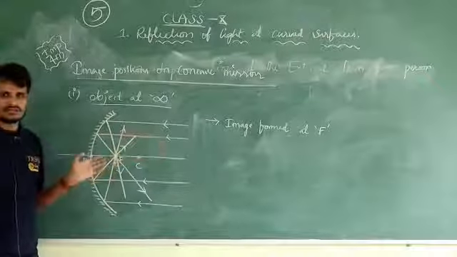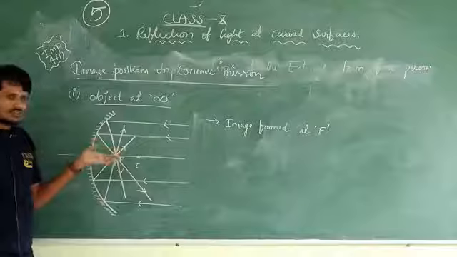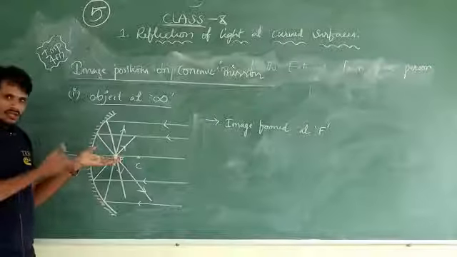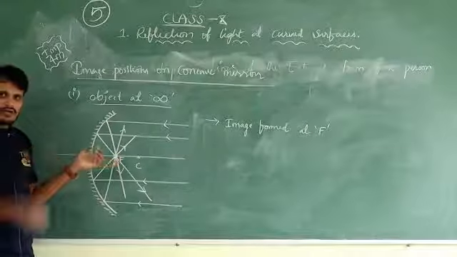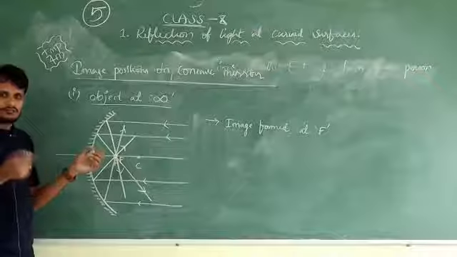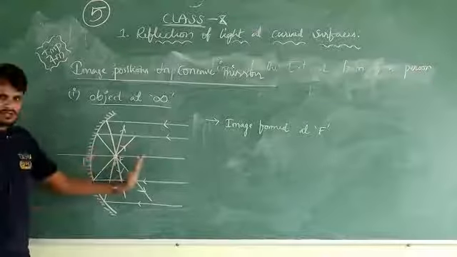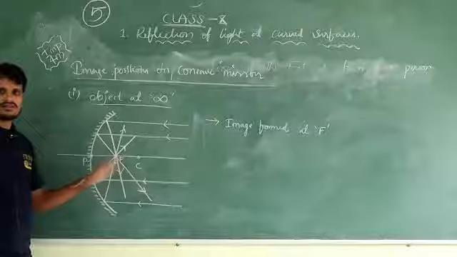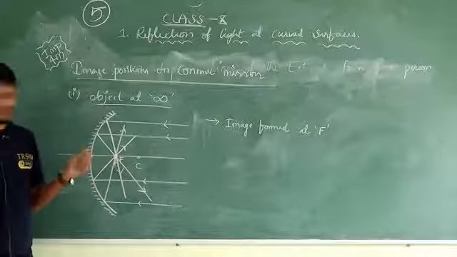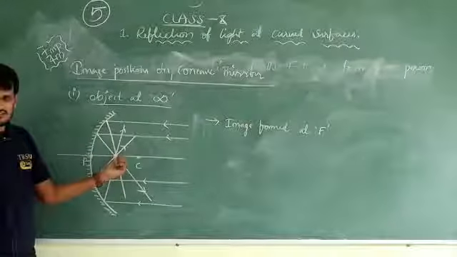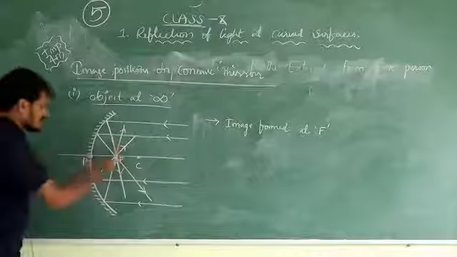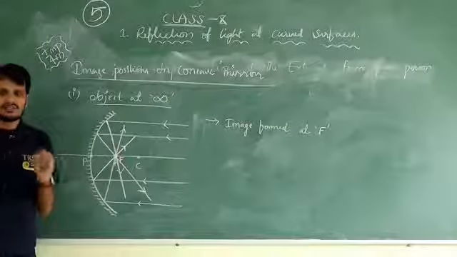We saw the differences in the last class. So what do the differences state? The image formed in front of a concave mirror or behind a lens is a real image. It is nothing but an image that forms on a screen. So if you place a screen at F, in that case you will get the image.